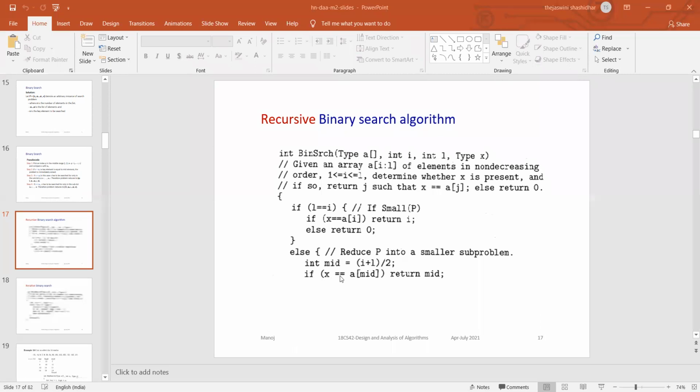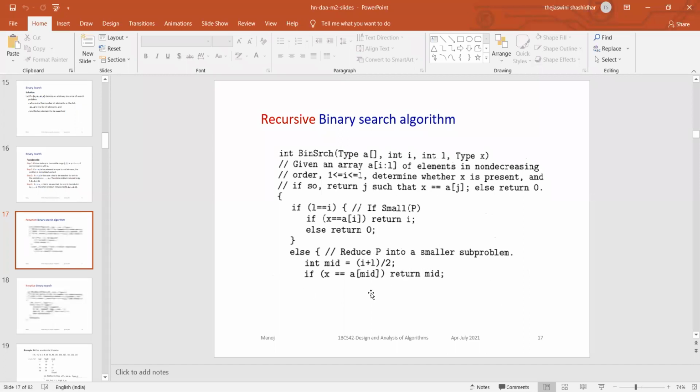So is there any condition x less than mid, x greater than mid in recursive binary search? Are you having any conditions for less than mid and greater than mid? If there is no lesser than, no greater than, there is no meaning of left part and right part here. Okay. So that is the concept you have.